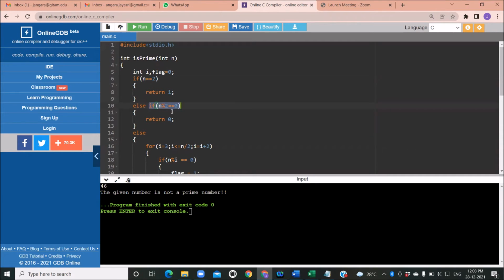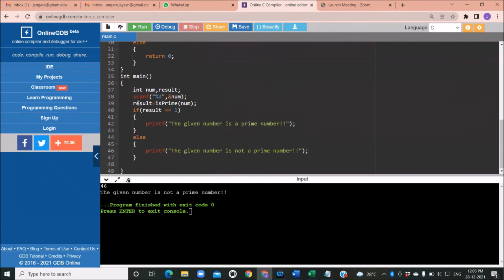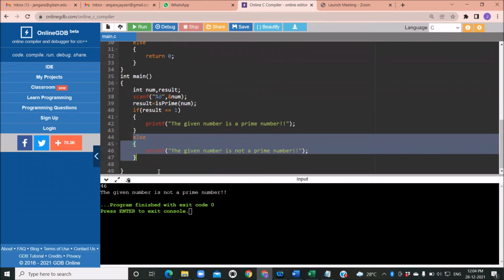Yes, it is divisible by 2. So 0 is returned back to the main function. Here in result, 0 is going to be stored. So now this else part is going to be executed, and the output is given as the given number is not a prime.